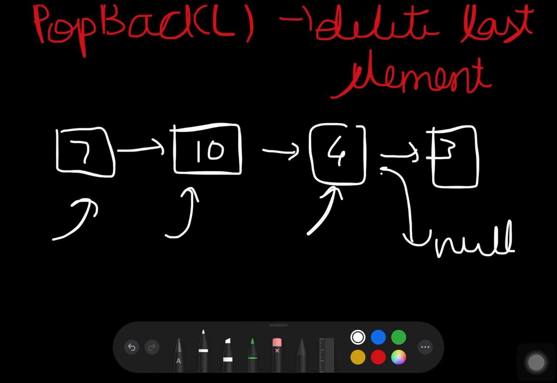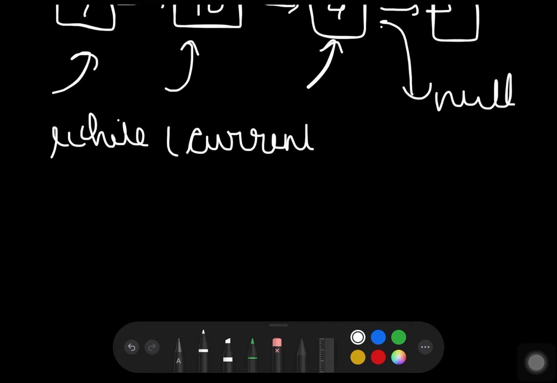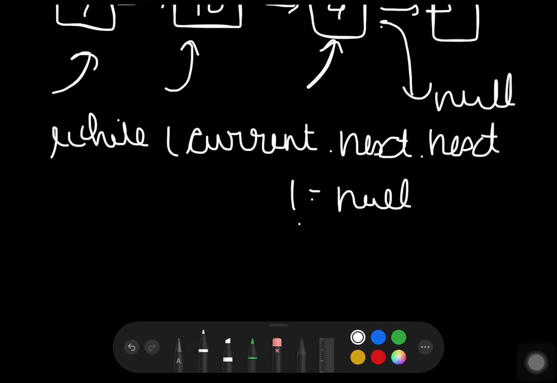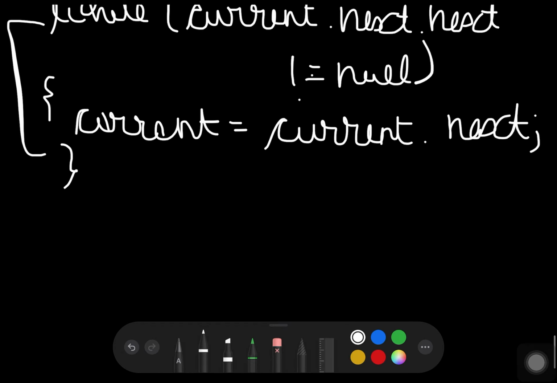That is, we have to break the connection of the second last element with the last element. How can we do this? We can write while current starts from head, current dot next not equal to null, that is we will stop current at the second last node. Current is equal to current dot next.